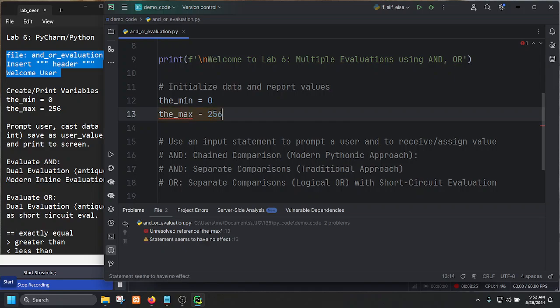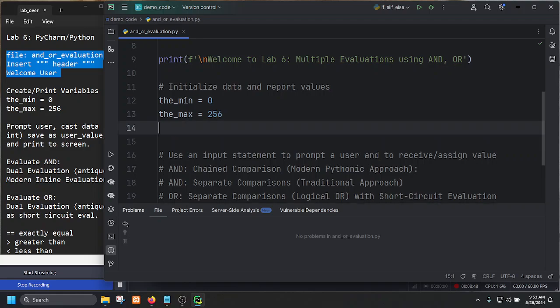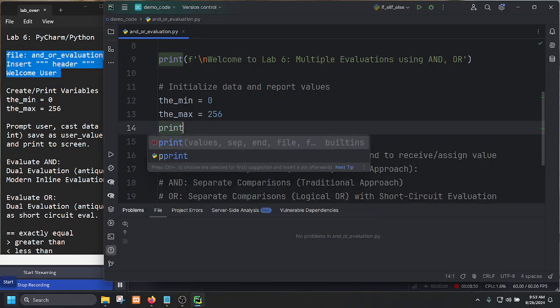And the reason I selected this value is because if you're looking at bytes, 0 to 256, in this kind of thing where a bit or a byte can be a value from 0 to 255, in this case I'm just simply using a little bit of computer science kind of lingo on this. So we initialize the data and report the values, and so in this case I'll simply print out,